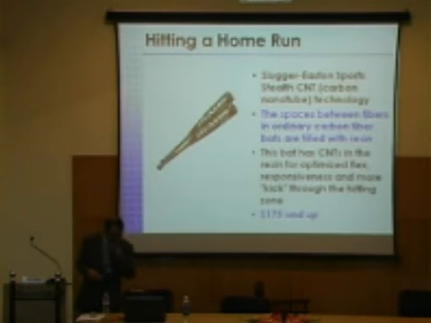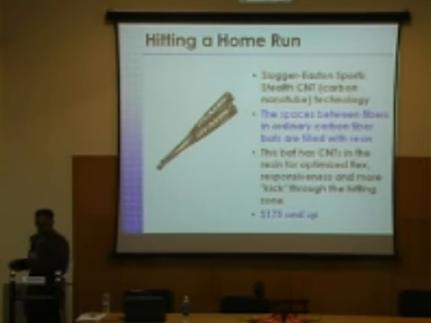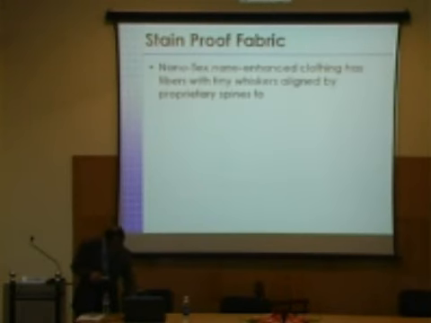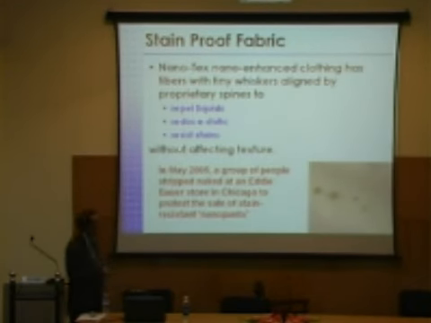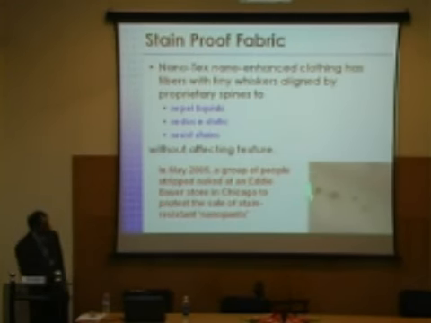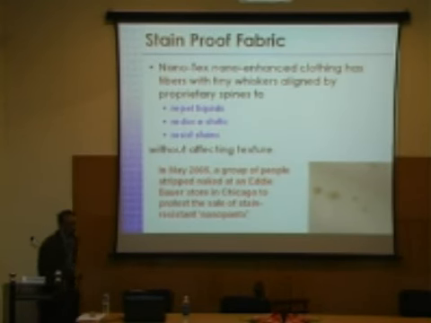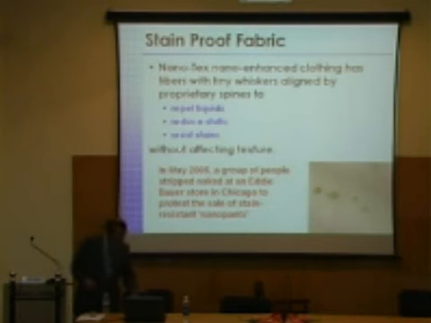Baseballs, they are going for very high prices. They are very light and they give a very good kick factor. So these are again done with magnetic, non-magnetic fibrous nano materials here. Stain-free fabric is again a very fascinating thing. If you can put some nano materials inside, you can design your clothes so that nothing sticks to it. So this is again the magic of the nano right there.